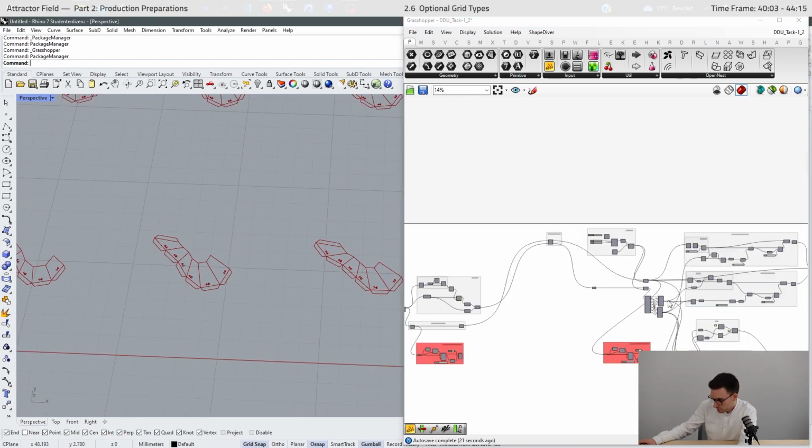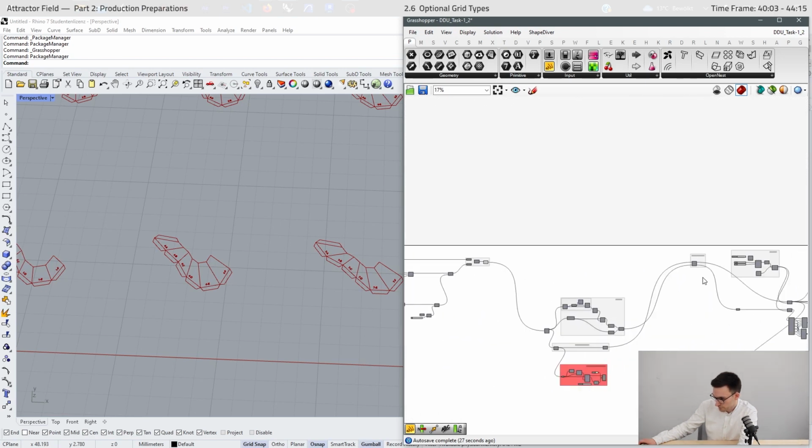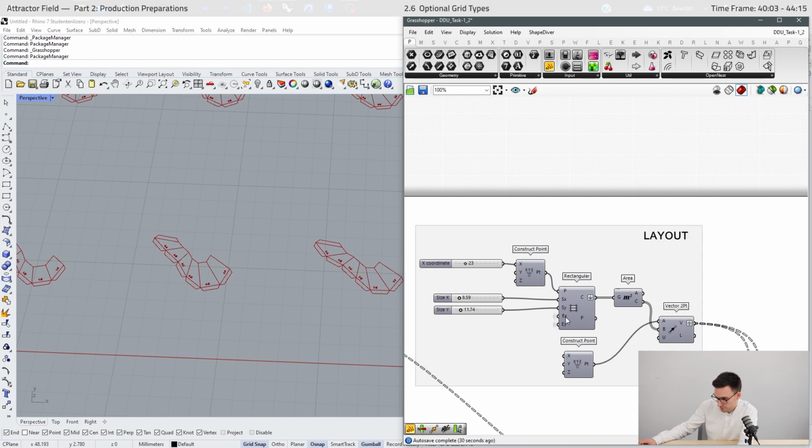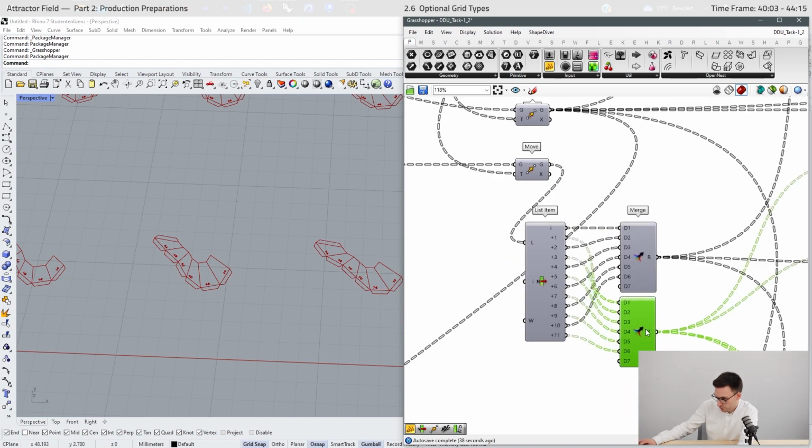So you are able to use different types of grids. Keep in mind that you have to adjust the layout if you have a different amount of cells, and keep in mind to adjust these merge and list components.